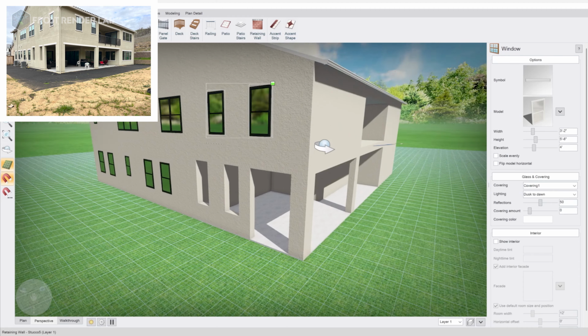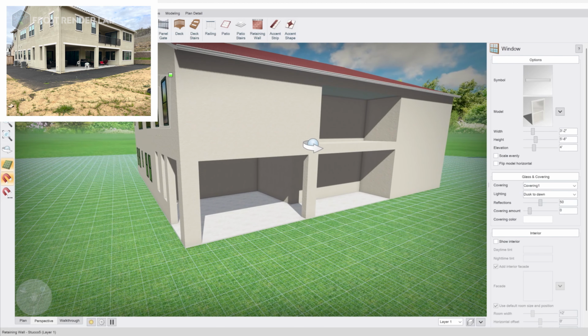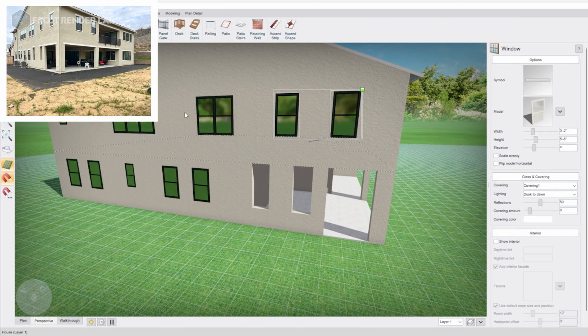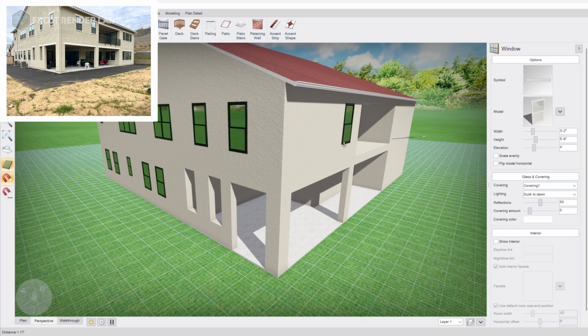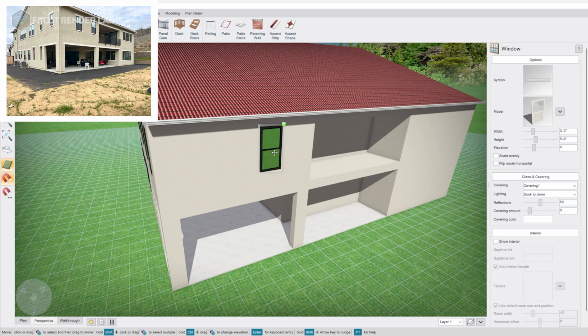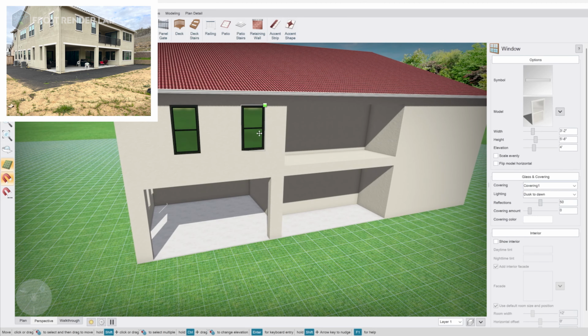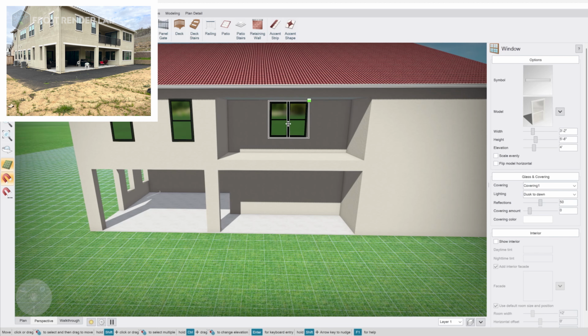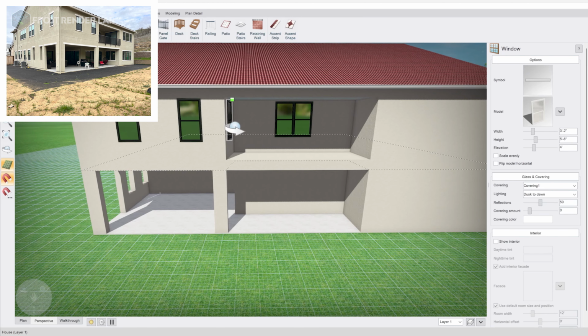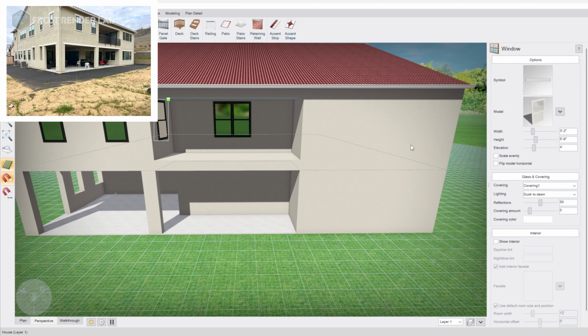We'll do the trim just a little bit later. Let's continue on the front side of this house here. We have 2 single windows again, so I'm going to copy and paste these, drag them over. When you drag around the corner, sometimes they'll go on top of one another. Just select one of them and pull it over. These are a little off center. Hidden in the balcony, there's 2 windows here. There's one on the other wall, right in there. And there's triple windows on the right side